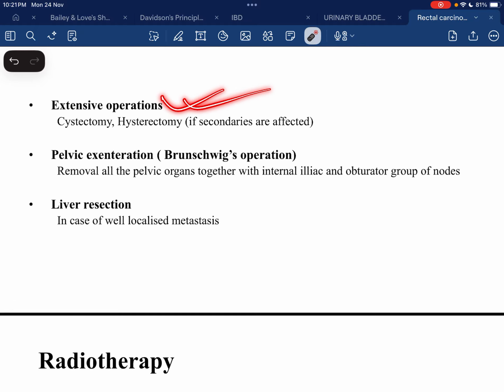Extensive operations: cystectomy, hysterectomy if the secondaries are affected, and pelvic extension, Brunschwig operation, removal of all the pelvic organs together with the internal iliac and obturator group of nodes. Liver resection, in the case of well localized